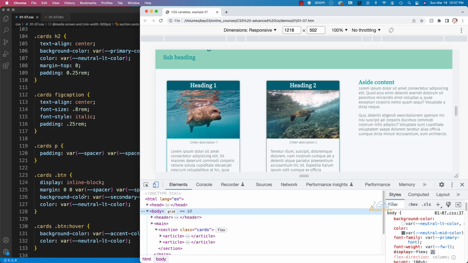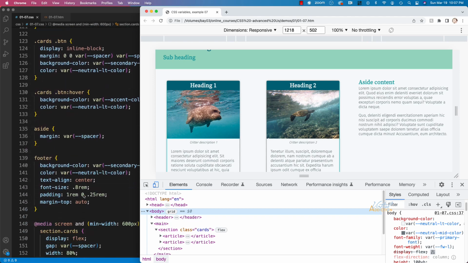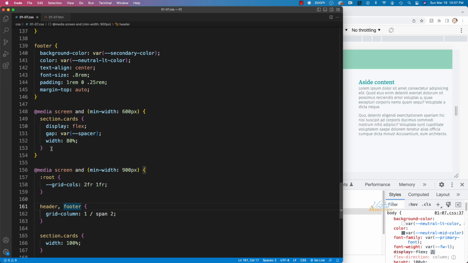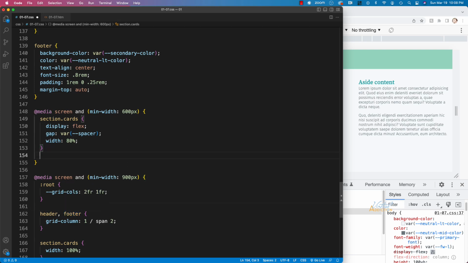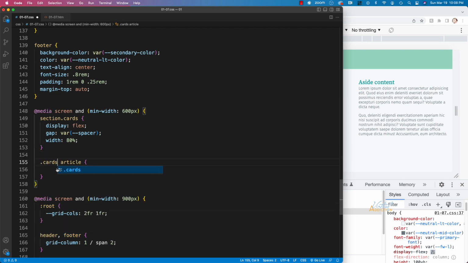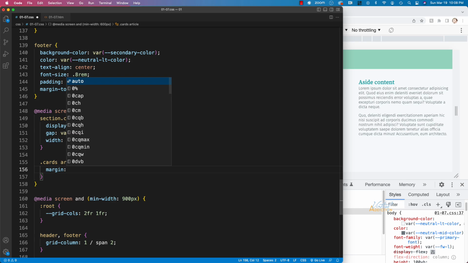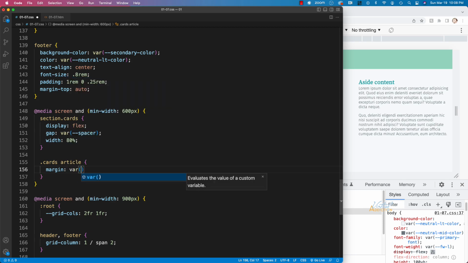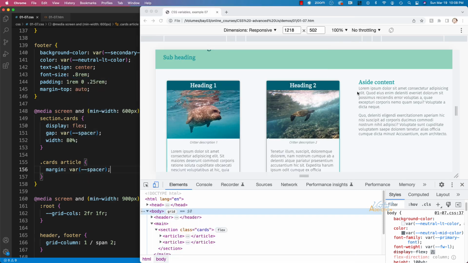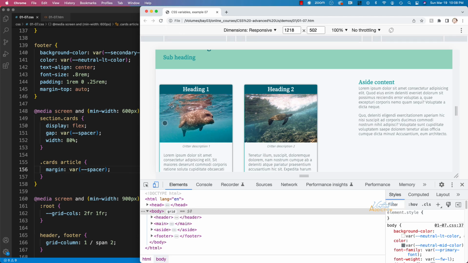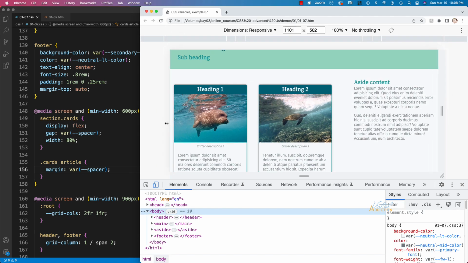So I'm going to come into the media query, and I think we can actually do this in our 600 pixel media query. Let's use .cards article, and then we're going to set our margin setting, and we'll just make this our spacer variable. If we save now and we refresh, you can see that the cards stick together